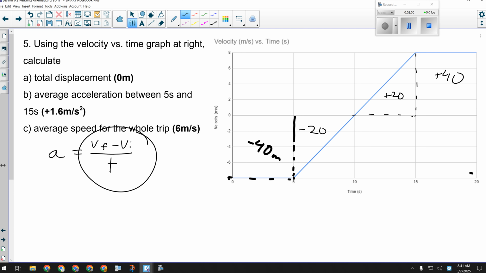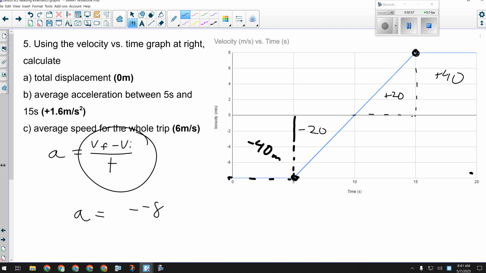That is exactly what's on a velocity versus time graph. So between 5 and 15 seconds, that means here and here. The velocity at 5 seconds would be my initial velocity. That's where this starts. So I'm going to say acceleration equals